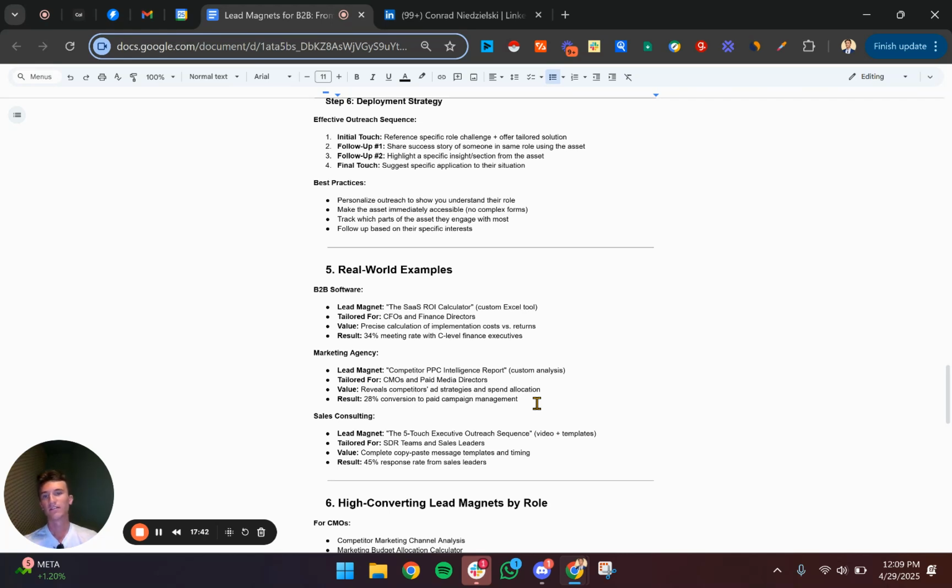If you get that implementation cost versus the amount of returns they're getting, then you're able to essentially demonstrate that value and at least have a conversation about how you can reduce or alternatively charge for an applicable tool that might do something similar, right? And we actually got a 34% meeting rate with that tool. It's pretty valuable. I think we invested a couple hundred dollars into a front end designer and a front end developer